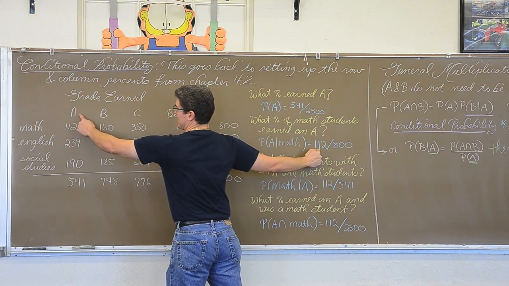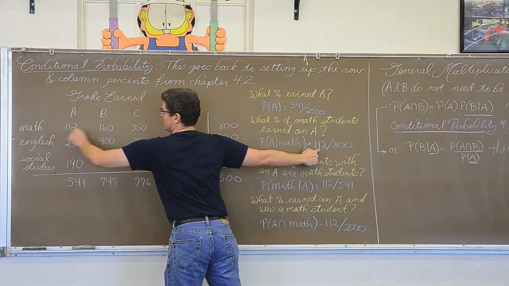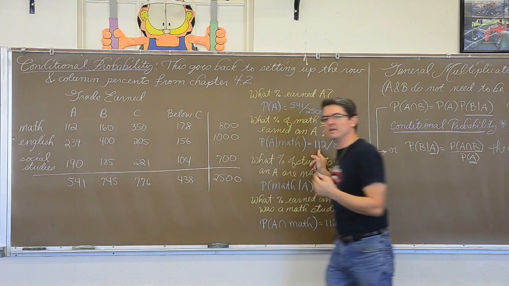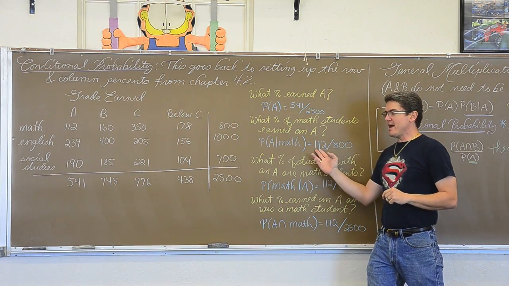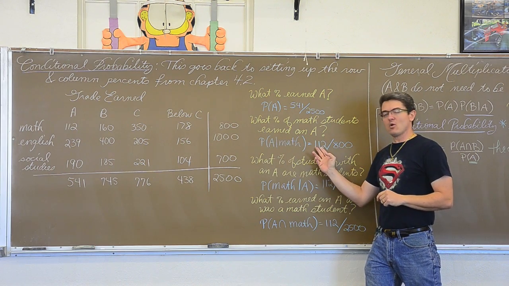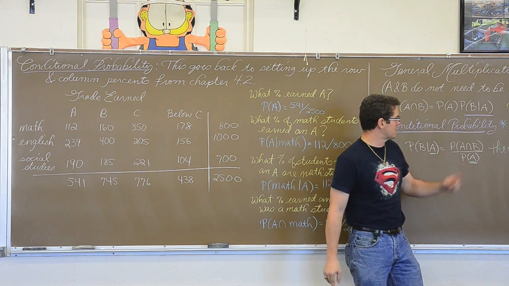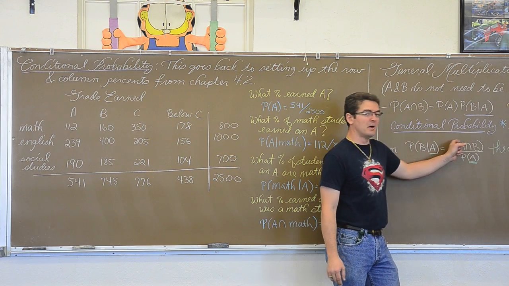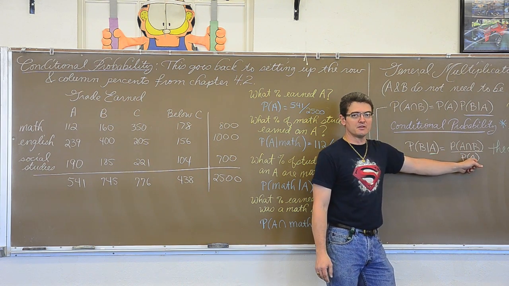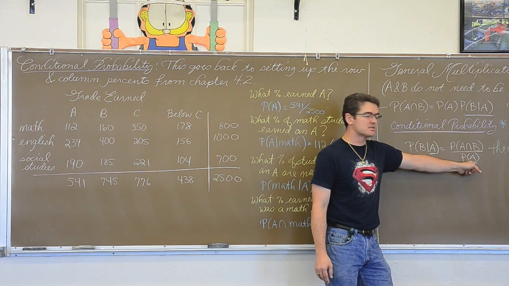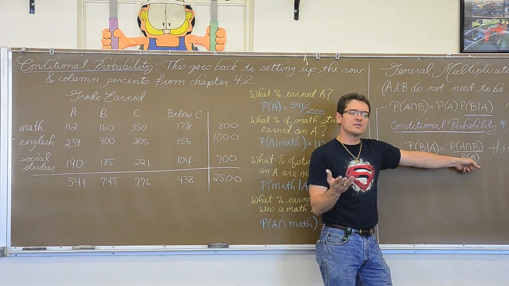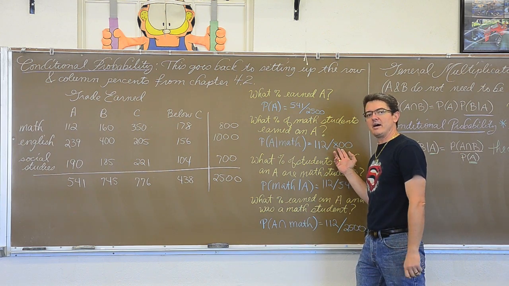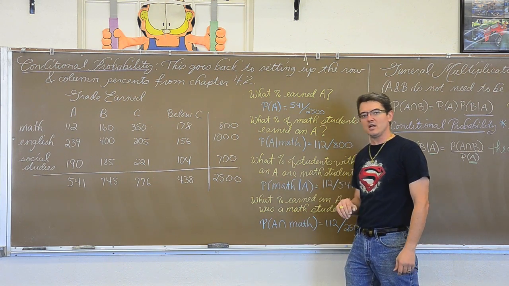That was the students getting an A and being a math student. So that 112, well, it's not a probability. It has something to do with A and B or A and math occurring at the same time. Whereas the denominator, the probability of B given that A has occurred equals the probability of both divided by the probability of A. So the condition has everything to do with the denominator when you set up a conditional probability. Well, why do we divide by 800 and not 2,500?